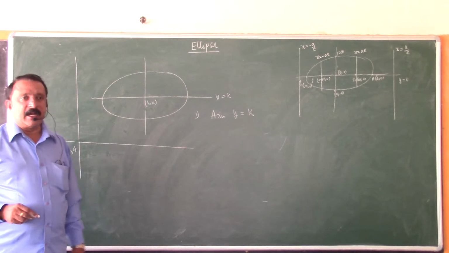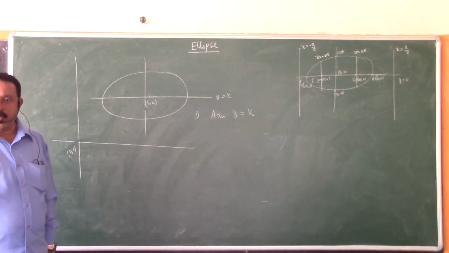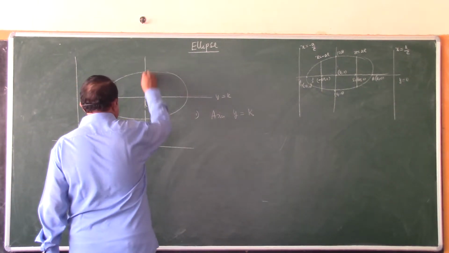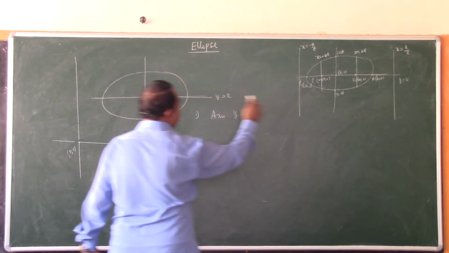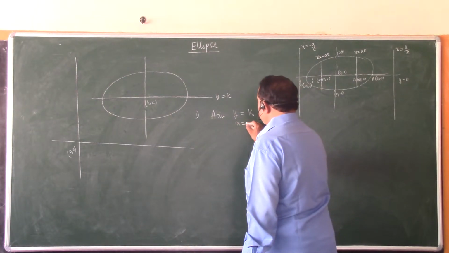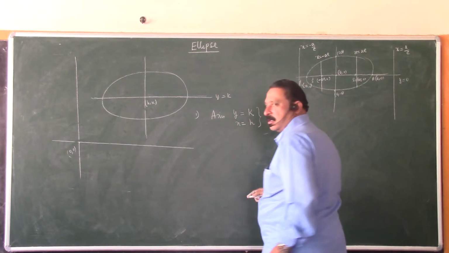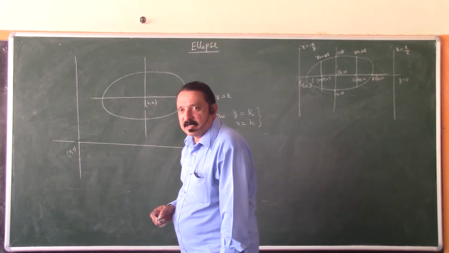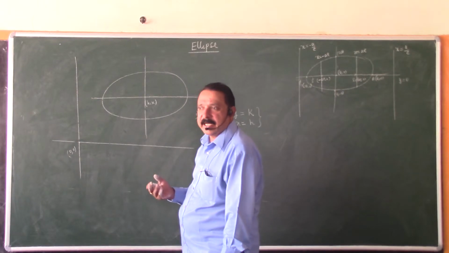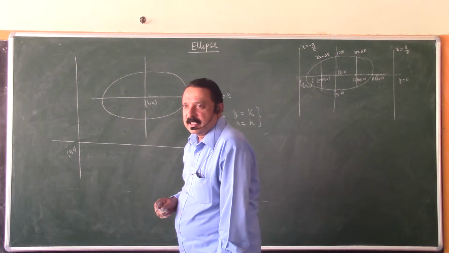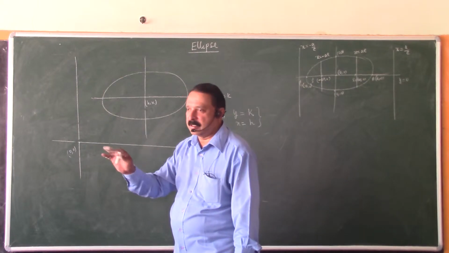And the ellipse is symmetrical about both the axes, not only with respect to one axis. So it is symmetrical about the y-axis also. What is the equation of the y-axis? I should now write x = h. So the equation of the axes of the ellipse when the center is at (h, k) is y = k and x = h. Now second one, length of the major axis will remain 2a.